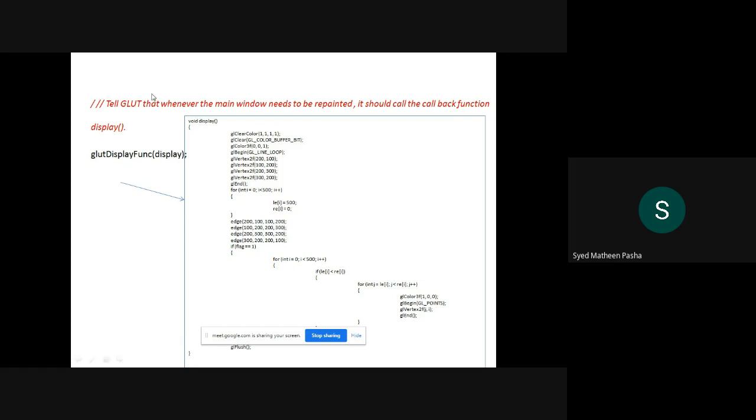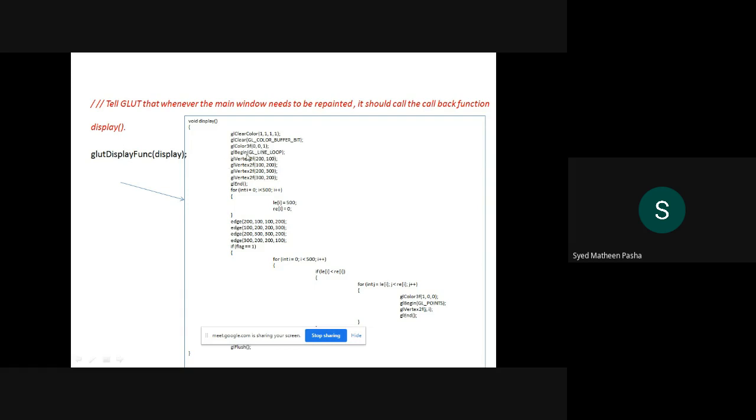It tells the specification of the object which you want to fill onto the output screen. First, I will set the clear color, that is nothing but the background color is set to that particular color, and then I'll clear the buffer bit by specifying glClear, GL_COLOR_BUFFER_BIT. Then I'll specify the object's color, that is nothing but whatever the display you want to set with respect to blue color, RGB.